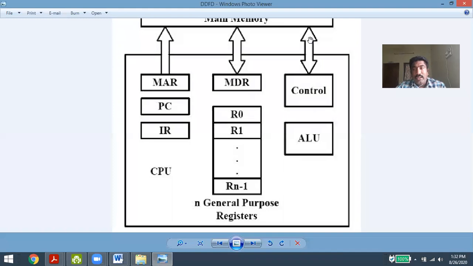So how, when we enter the value of A, enter the value of B, and the result is obtained, that is step-by-step actions being executed in the computer. So this is the basic step, or the basic actions, or basic registers which will work here. What is the task of MDR, the memory data register, and what is MAR, the memory address register? The first thing here is, in our example, I want to store 2 plus 3, and I want to get an output, that is 5, in some other variable.